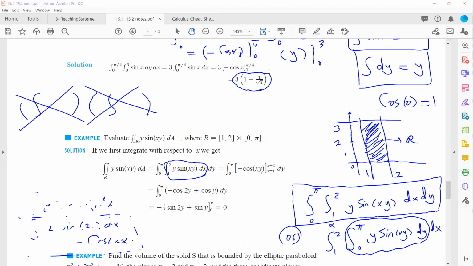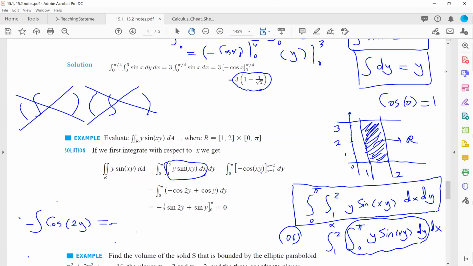Let me just write it here for you. Minus cosine 2y is equal to